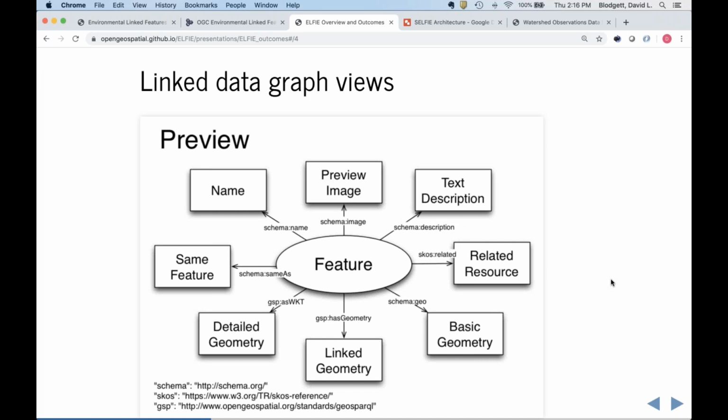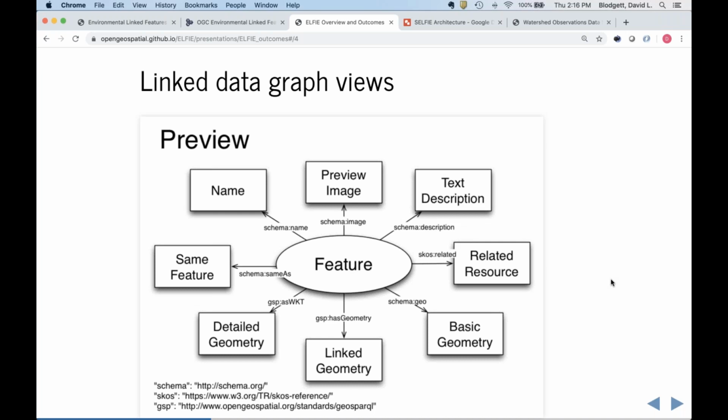And we used this analogy of views and came up with basically two views of the knowledge graph that were use case oriented and useful for our conversations, and I think useful for clarifying the content that you might publish about a feature.